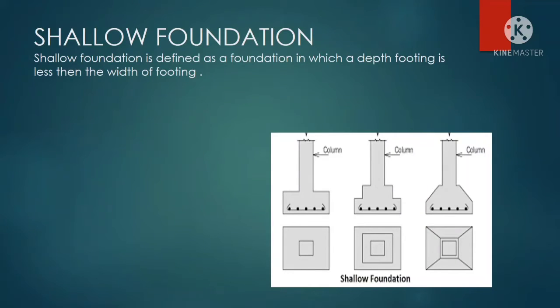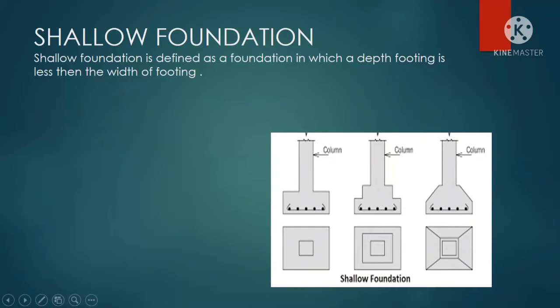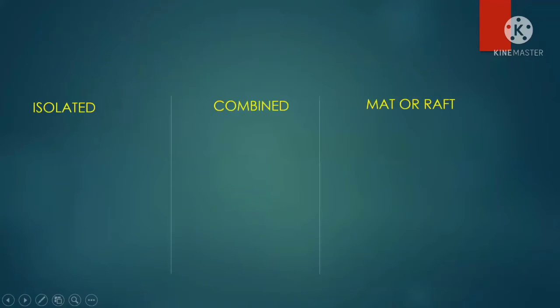Next, we need to understand shallow foundation in a detailed manner. Shallow foundation is defined as a foundation in which the depth of footing is less than the width of footing. Based upon the shape of footing, the shallow foundation is categorized as simple footing, then stepped, and the third type is sloped. Okay, so now